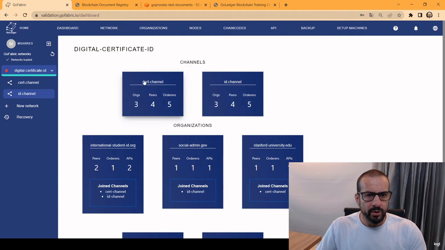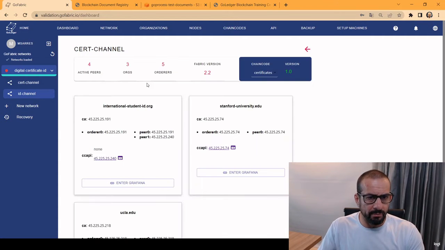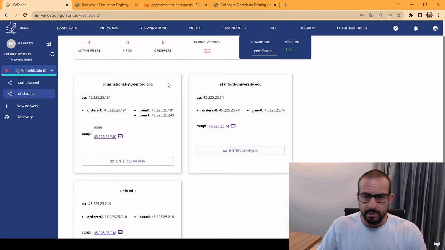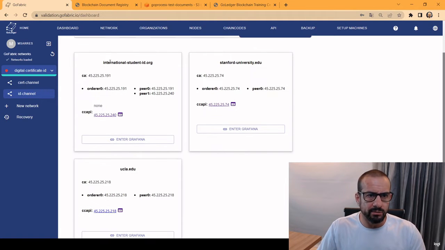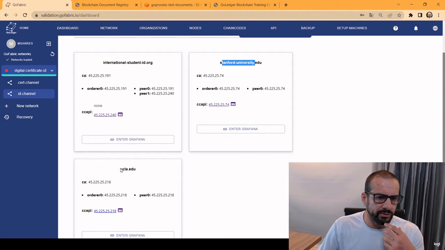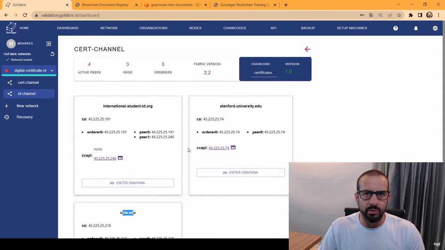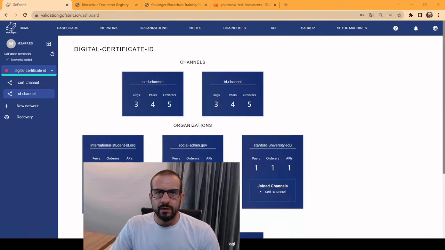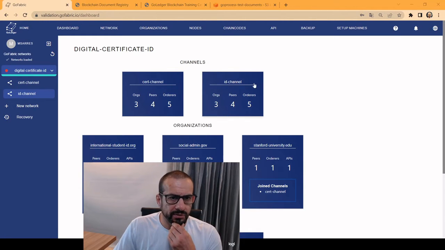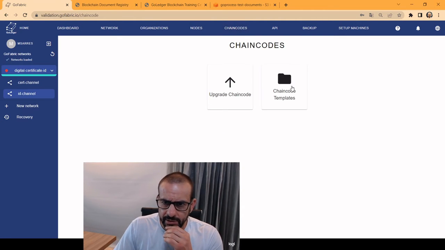And right now we are going to show a little bit about the certificate channel, basically a three organization channel with the International Student ID Institute and two universities, simulating Stanford University and UCLA, that are deployed within this channel. Okay, I'm here at the GoFabric orchestration platform, but before we look at the certificate channel, let's understand how the